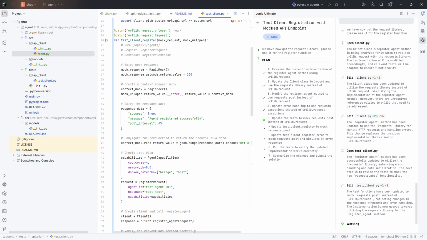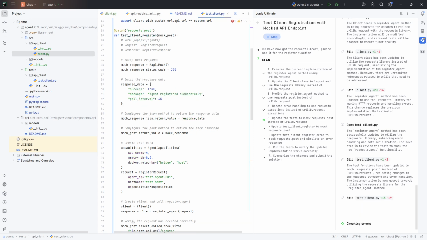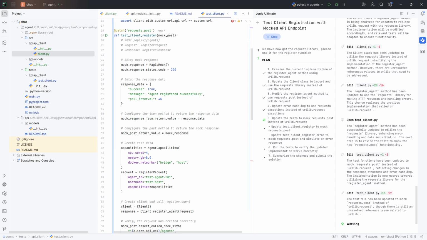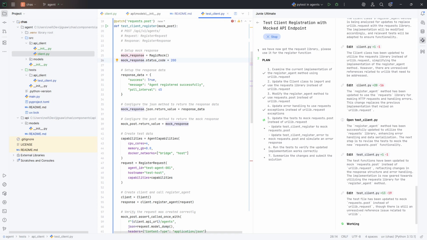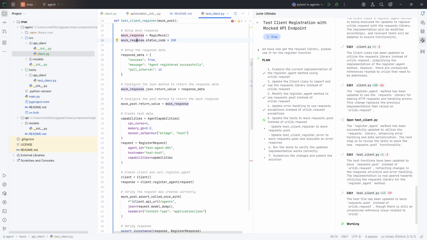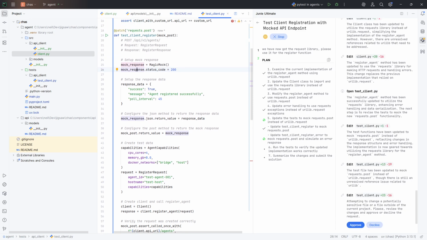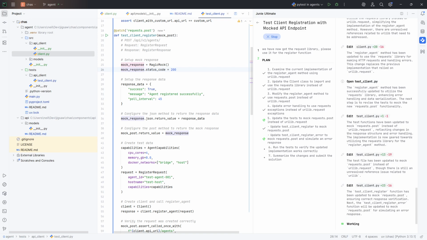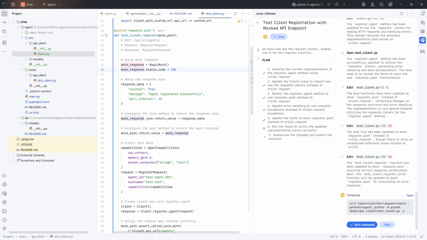Time passes, and look at that, it's updated the first one. Interestingly, it's changed a little bit more than I was expecting. Oh, it's just updated the mock response, of course, to match what we're expecting. Now, interestingly, the mock response would have still worked because the requests library uses that code under the hood. So we could have not changed the test at all, but then we wouldn't be checking the code in exactly the same way. So by mocking out the response library,